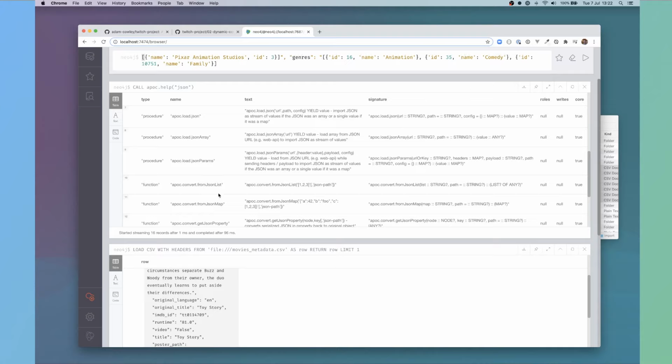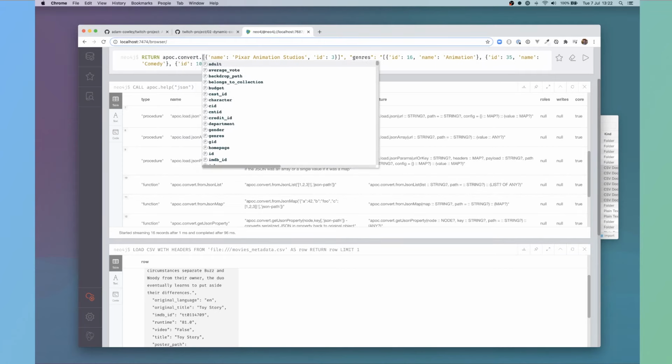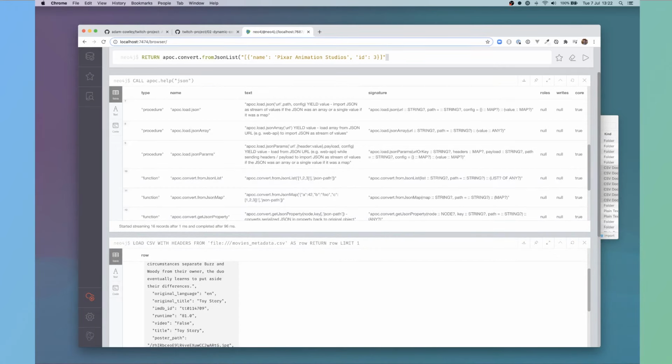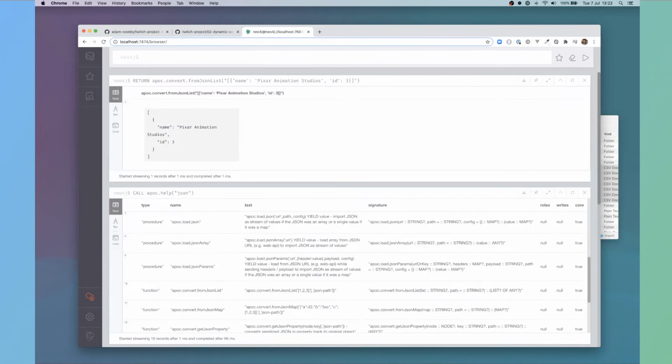And this is a function, so instead of using CALL, I just use a RETURN, say apoc.convert.fromJsonList, and then return that.